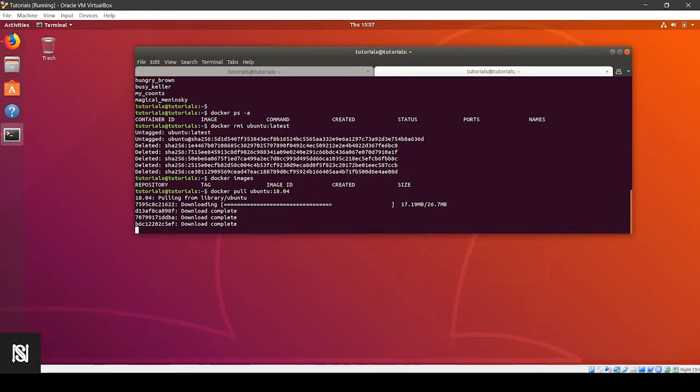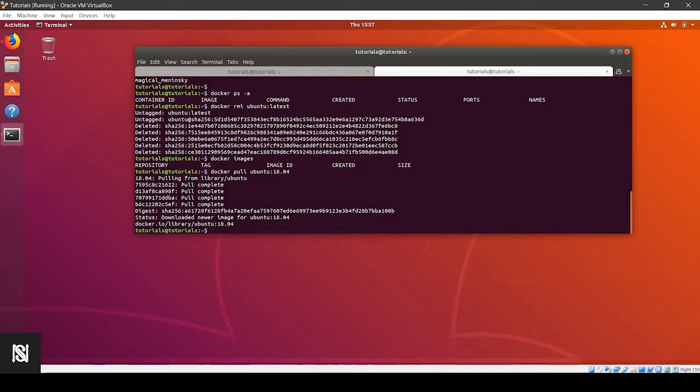So that is one of the good features that Docker has, pulling images automatically if it doesn't find them. But it's always a good practice to only have images that you need and pull them first. So that's one piece of advice from my side. So once it's done, we can see.